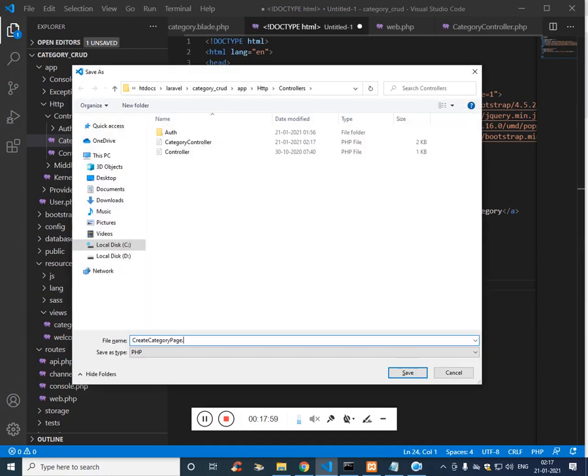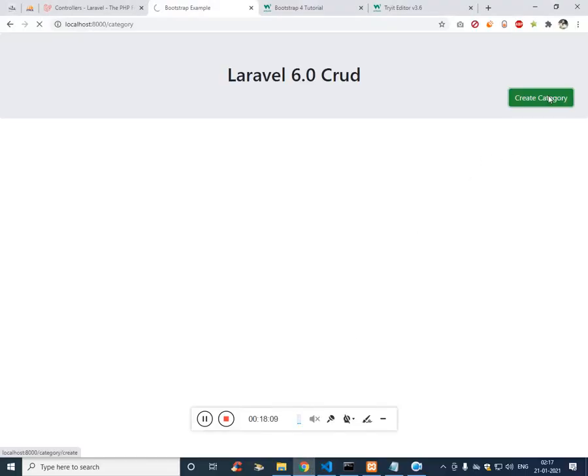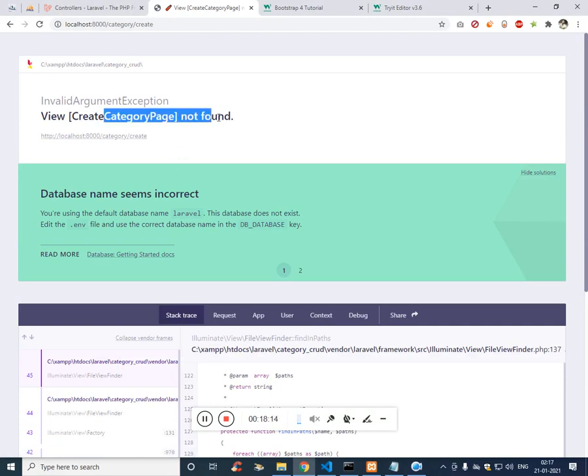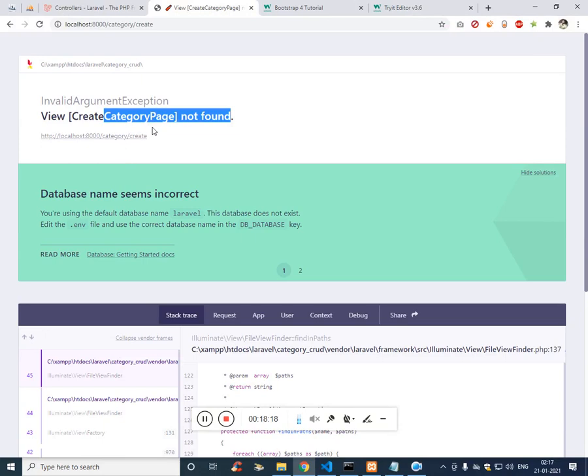Make sure to add blade.php, and here if I click here, we're getting an error. Create category page not found.